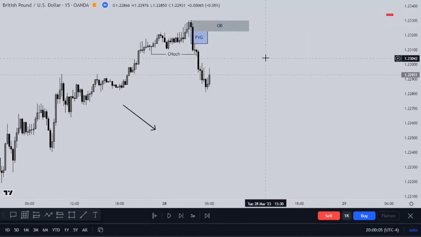These are the rules and confluences for a valid order block. First of all, my order block must be engulfed by the second candle, okay? Once it is engulfed, I look for that space. Is there a fair value gap there? That's the second key element you have to put in place. So if there is a fair value gap, thirdly,